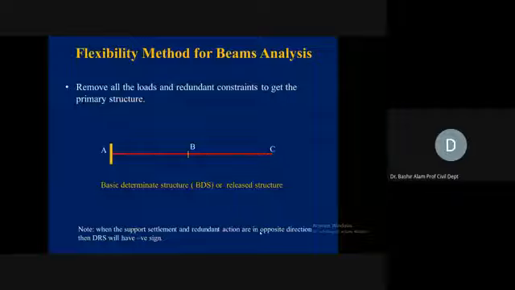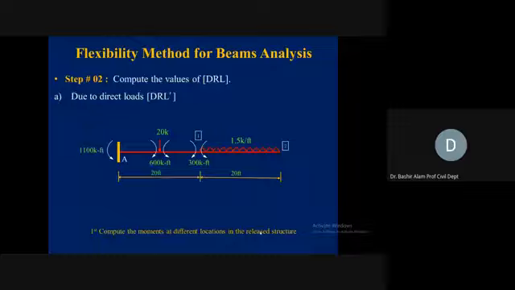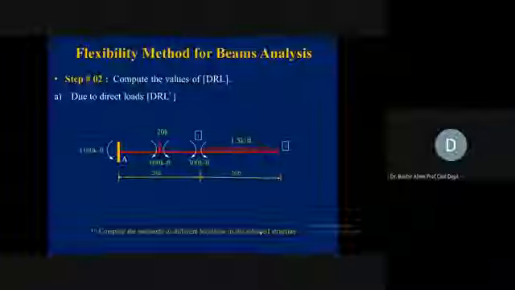Now remove all the loads and redundant constraints to get the primary structure. So at B and C you can see that we don't see any redundant actions, they are removed. At A only your fixed support remains, so a cantilever structure, which is always a determinate or released structure. Next, now the DRL matrix here will come from two things. One